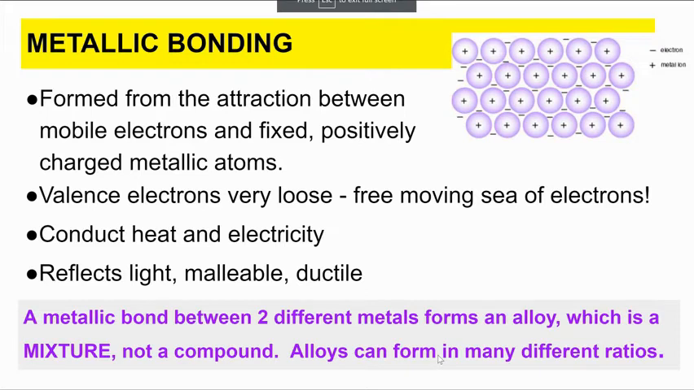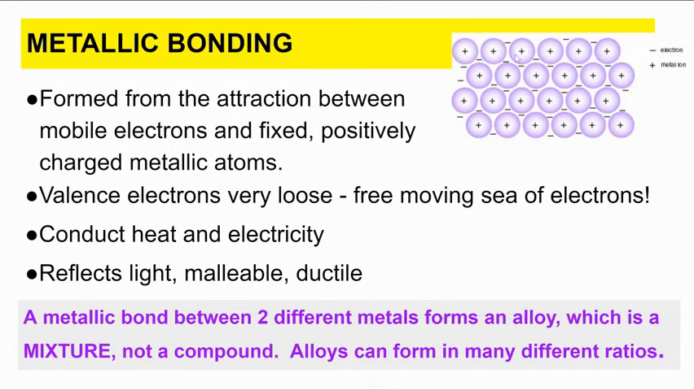All right, so the last bond type we'll explore is metallic bonding. Metallic bonding is formed from the attraction between mobile electrons and fixed positively charged metallic atoms. So if we look at our picture over here, which again I would encourage you to draw, we have the